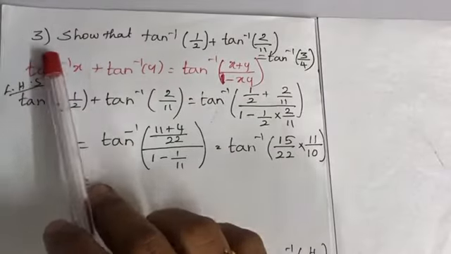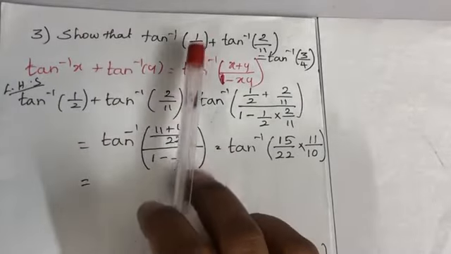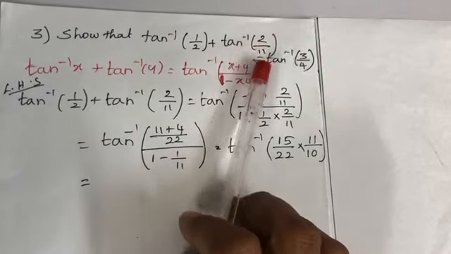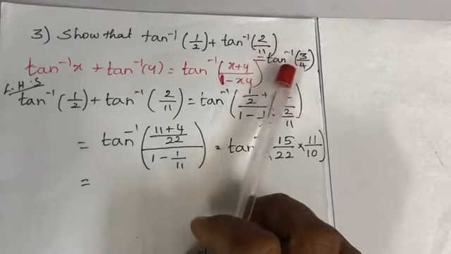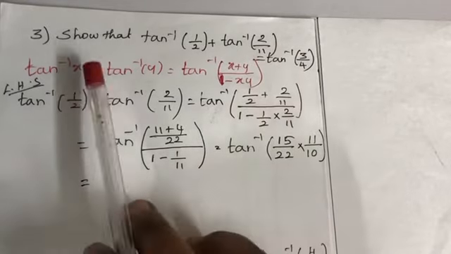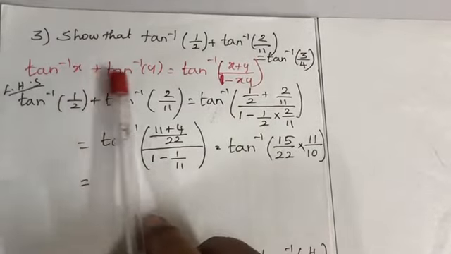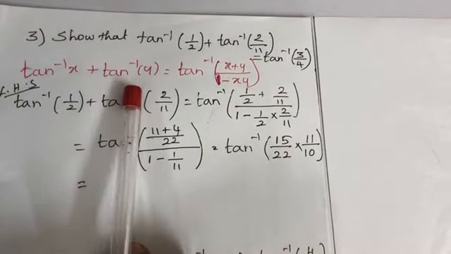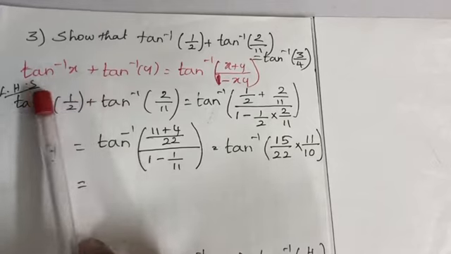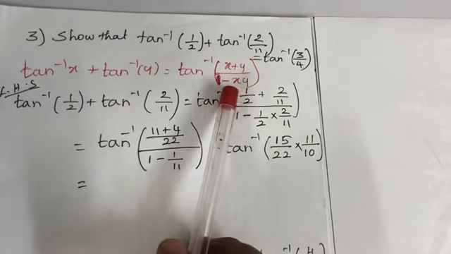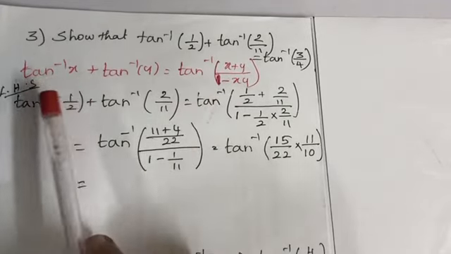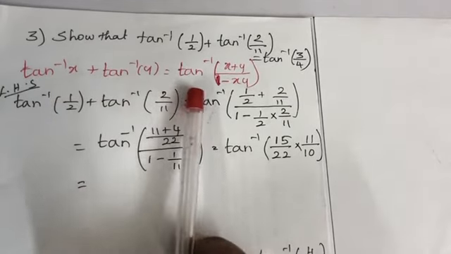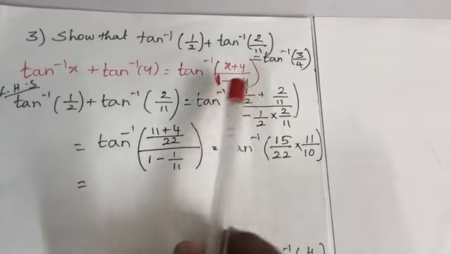Third one, show that tan inverse of 1 by 2 plus tan inverse of 2 by 11 is equal to tan inverse of 3 by 4. Here we are going to use an important identity. In the previous part, the second part of the second problem also, we have to use this identity to prove that. Okay. So, tan inverse x plus tan inverse y is equal to tan inverse x plus y by 1